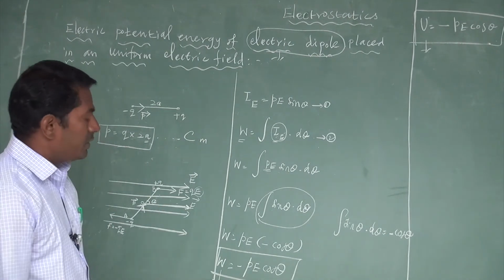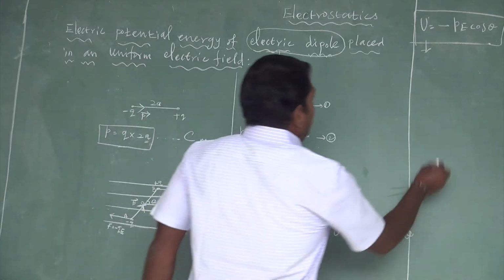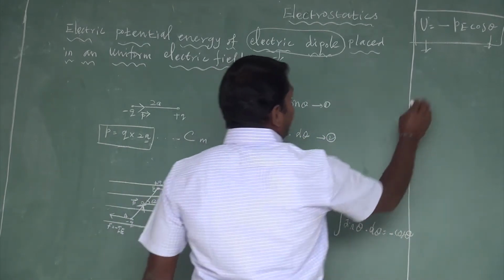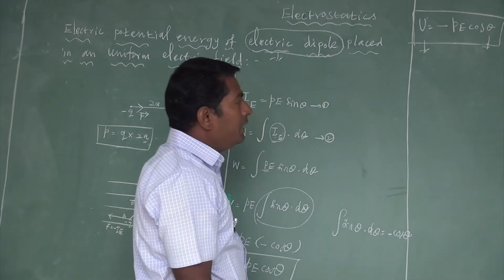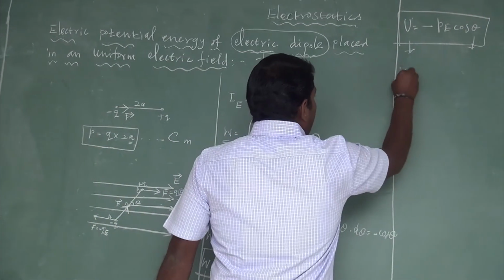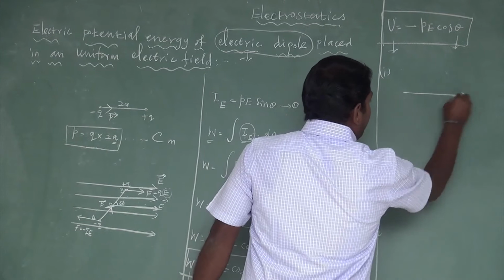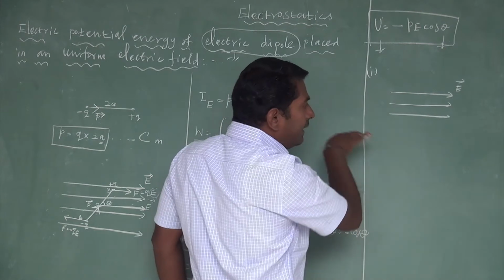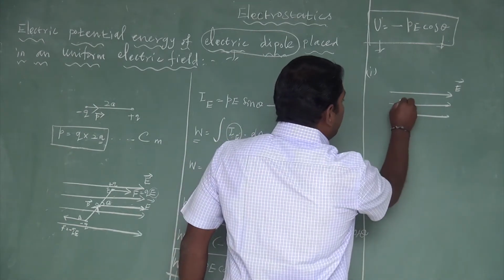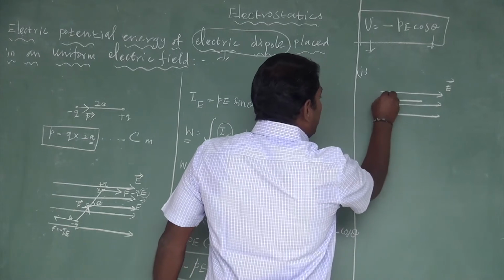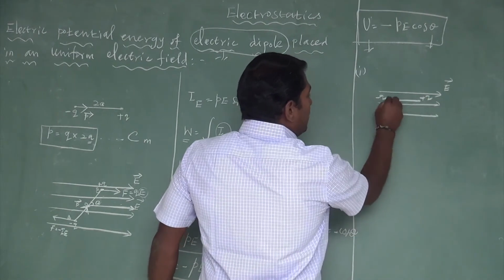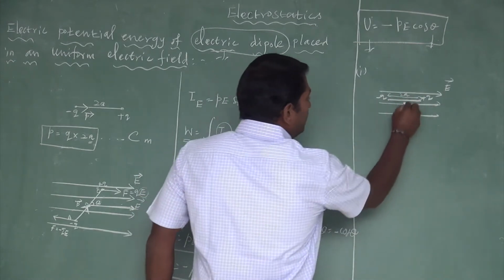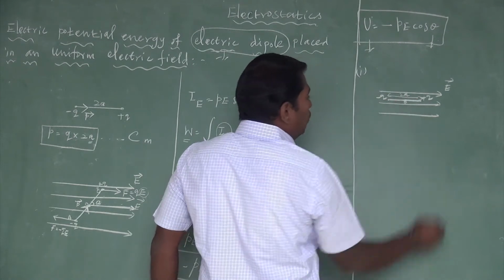In the first special case, at this position of angle theta, the electric potential energy of the electric dipole can be represented by the equation U is equal to minus pE cos theta. In the first case, in a uniform electric field, the electric dipole is lying along the direction of the electric field. Minus q charge and plus q charge are separated by a very small distance 2a. They constitute the electric dipole, with midpoint of the electric dipole O.